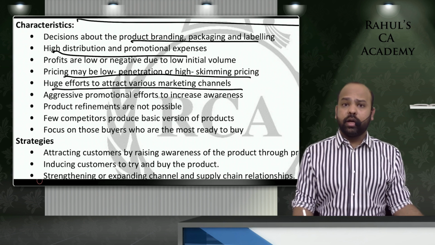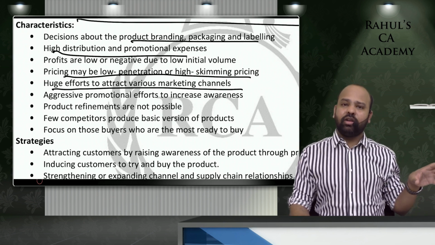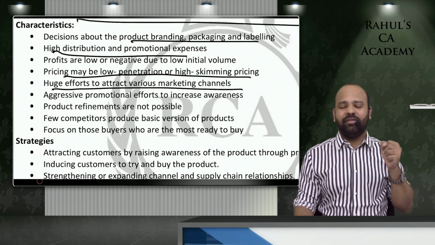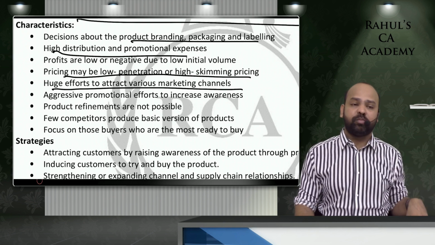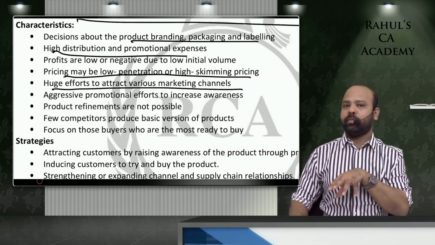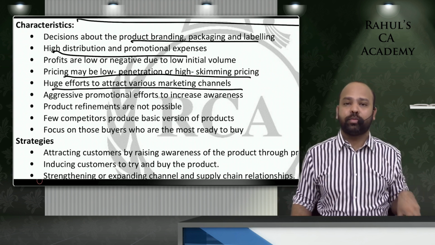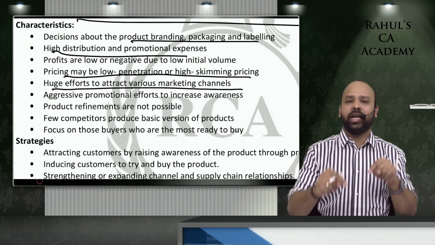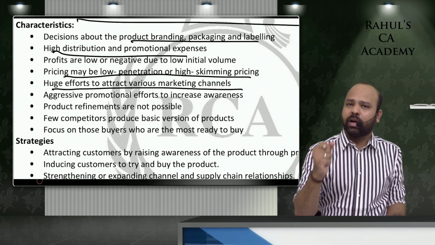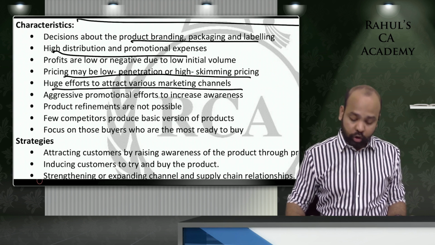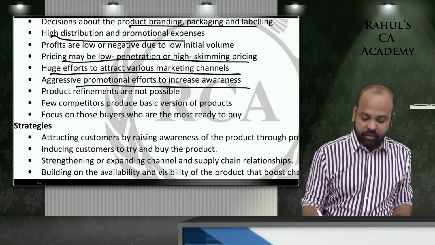What is this, guys? It is not like, beta, that every product that is launched is preferred by Amazon or by Flipkart. You will have to portray yourself as a brand, guys, so that they make you an exclusive partner and are interested to sell your product exclusively. Not every store, beta, DMart or Ratnadeep will want to put your product. You will have to again show a great brand. If your product is known, guys, they will come behind you. If your product, beta, is not well marketed, guys, you will have to keep running behind all of these people. Aggressive promotional efforts to increase awareness.